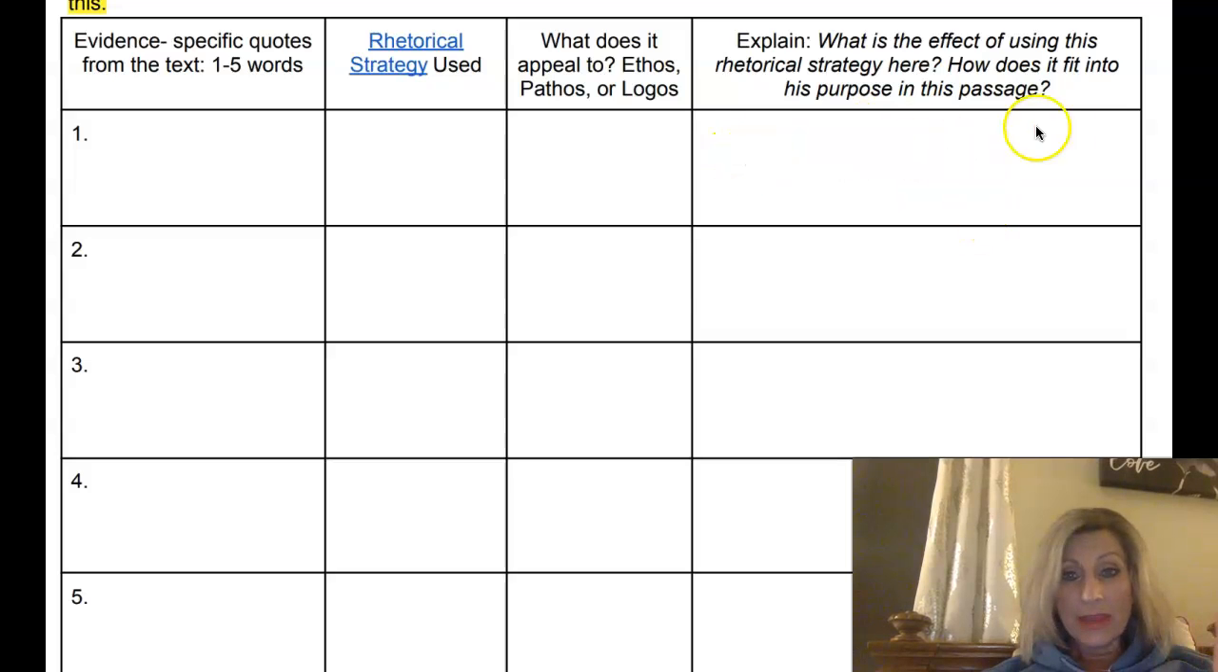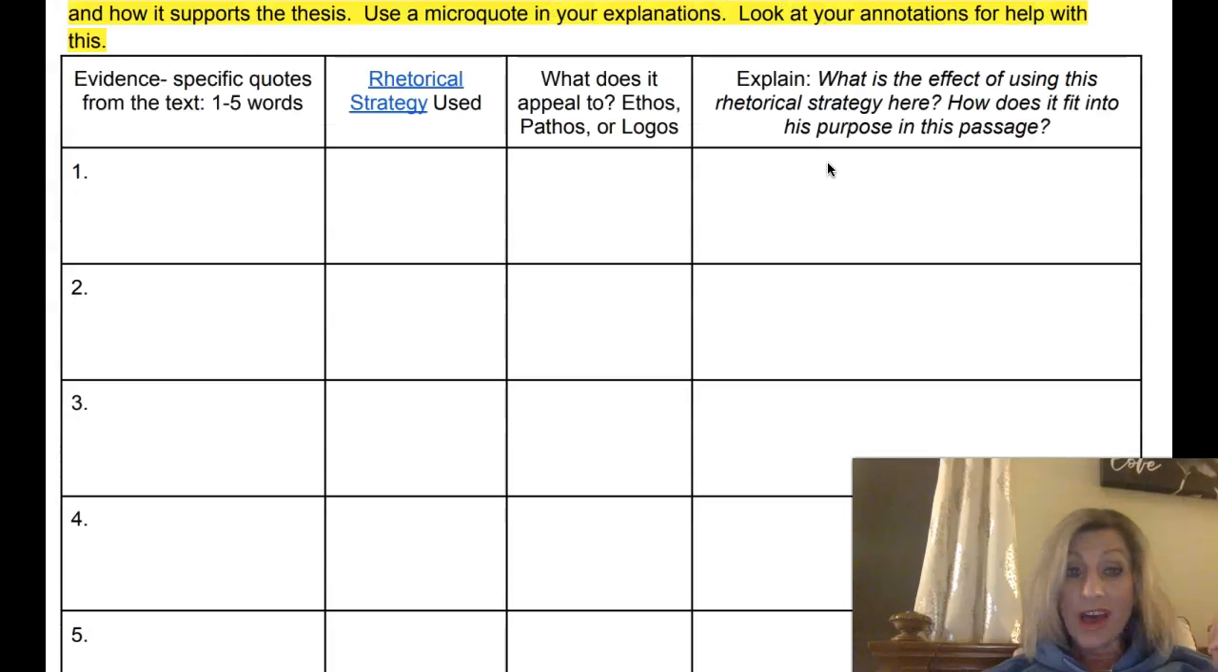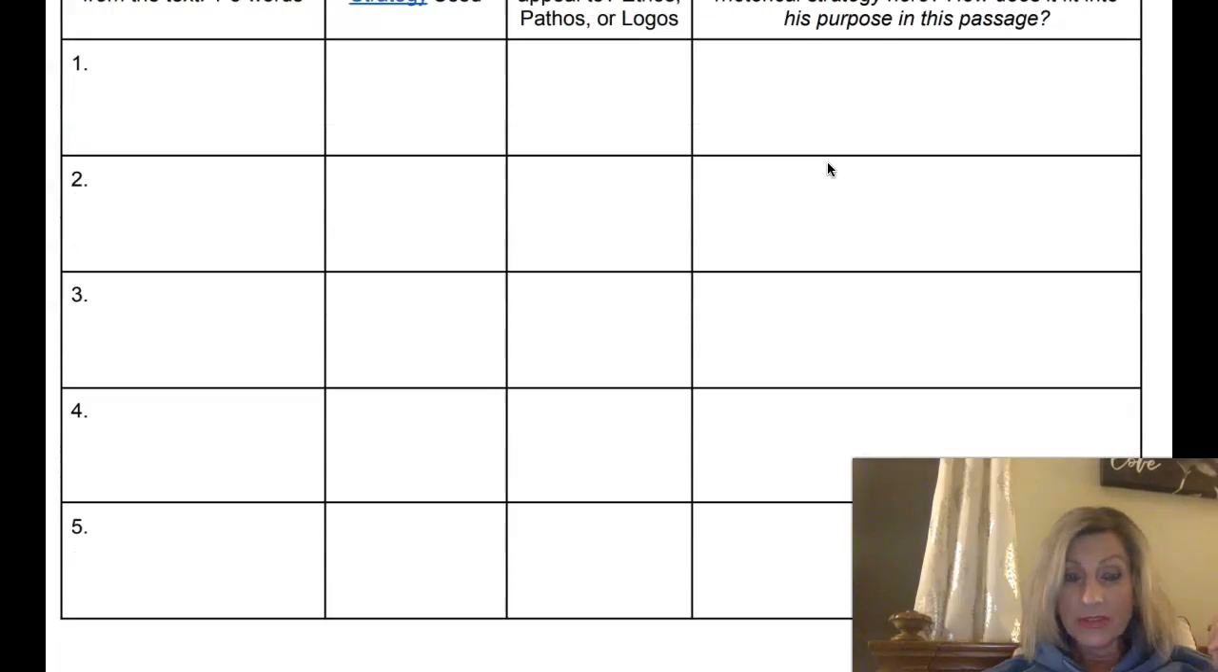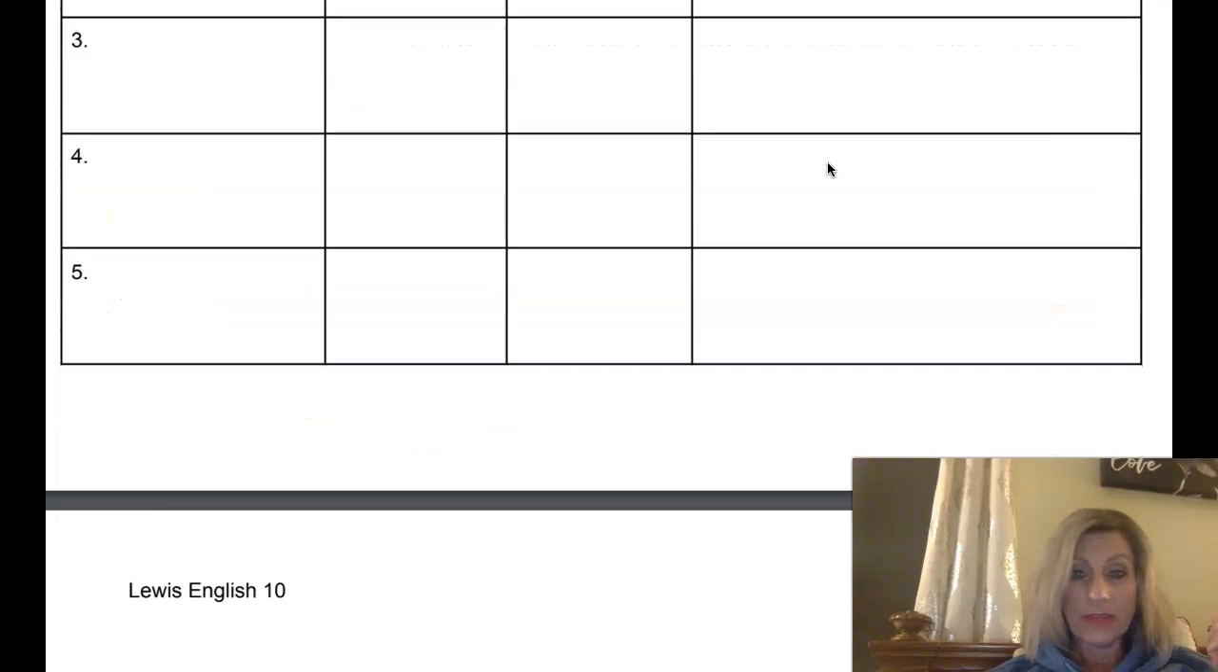So if I copy and paste that, all I need to add, because I've already done the effect and what it means, is how it fits in the purpose, which is to expose the fatal poison of slavery and how it can affect someone. And that's it. So you need to do 5 of those devices from your annotations. And again, if you copy and paste your annotations up here, then you can just scroll down and fill it out. And then when you're done with that, you submit that to the Dropbox,